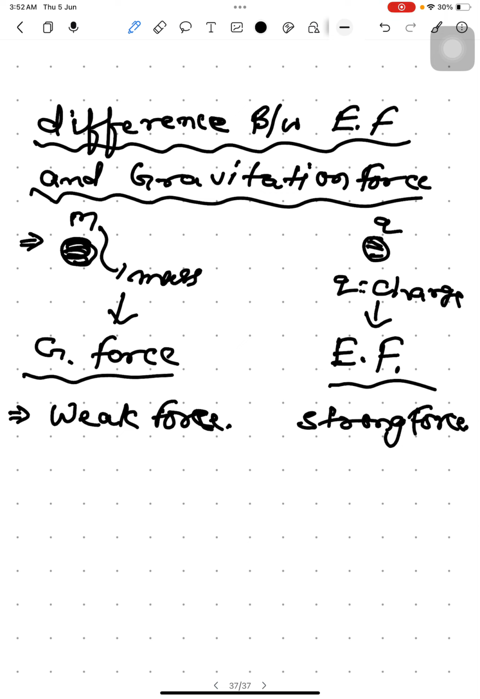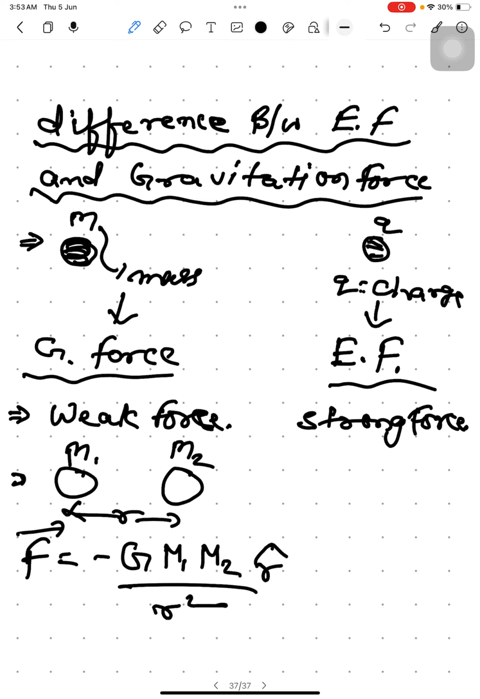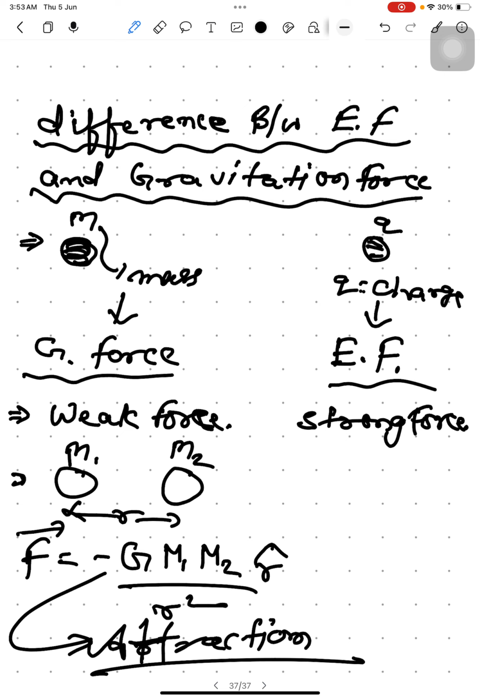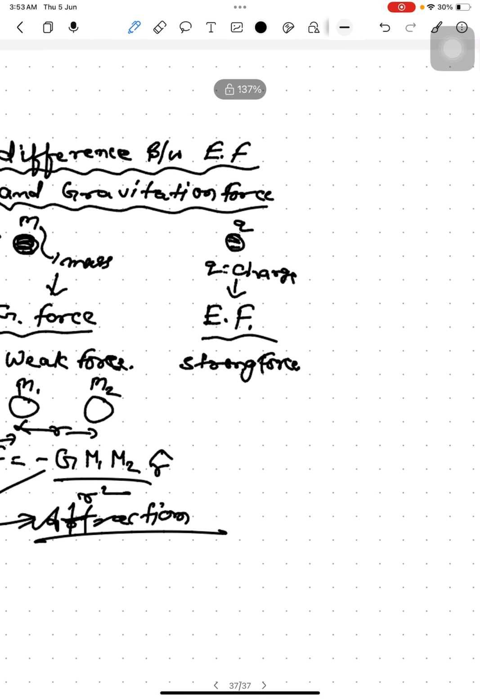In other words, when masses m1 and m2 are placed at two positions with distance r between them, then the force between them is G m1 m2 divided by r square. As you know, gravitational force is always negative, that is, always attractive. But in the case of charged bodies,